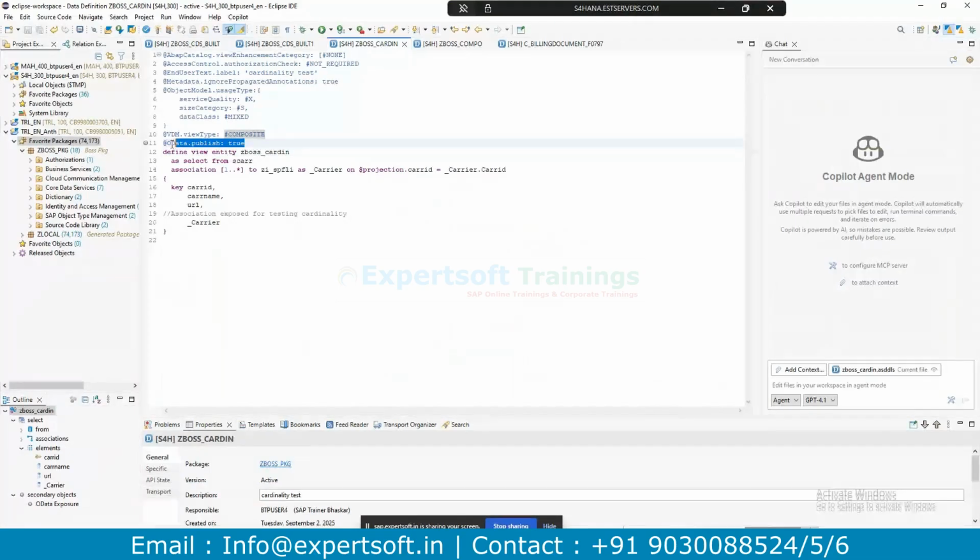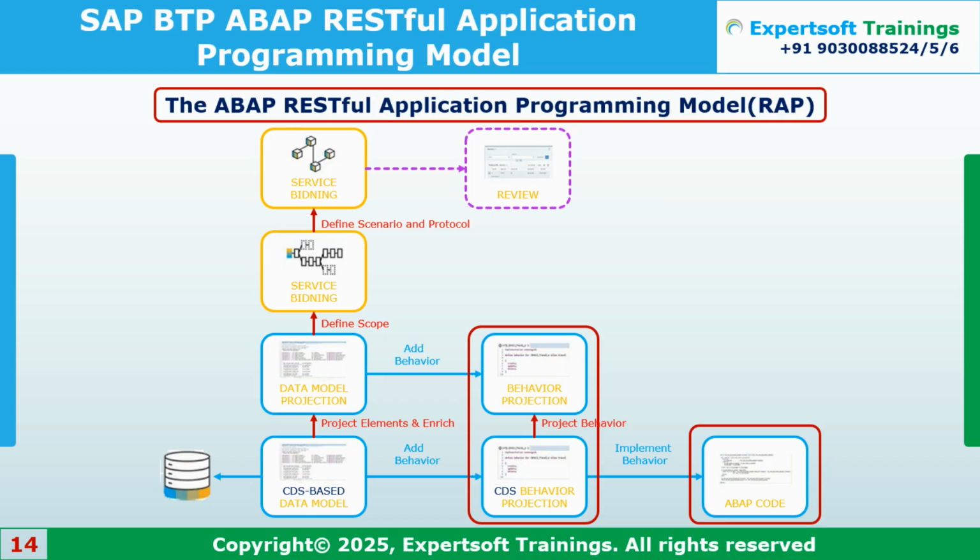If you do it with the CDS view, with data published true, this is obsolete. Earlier, we used to create the OData service directly on top of the CDS view with the help of an annotation, but it only does the read operation, not CRUD operations. So to do CRUD operations, the behavior definition, service definition, and service binding were introduced. It still gives the same OData services, but with CRUD operations. Any doubts so far?